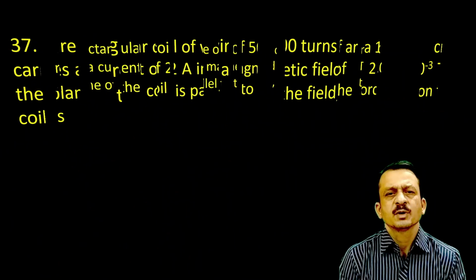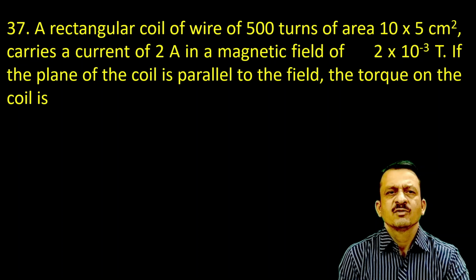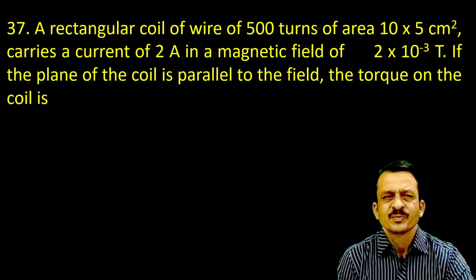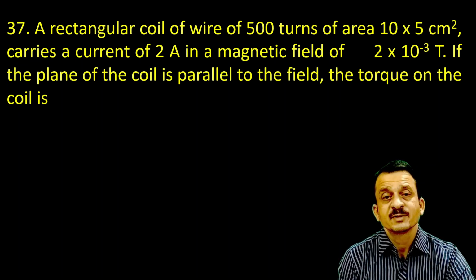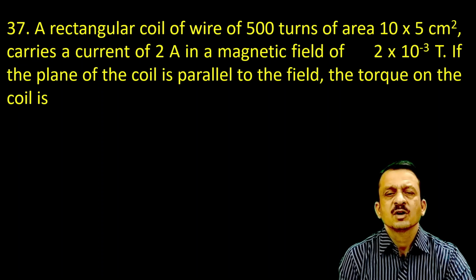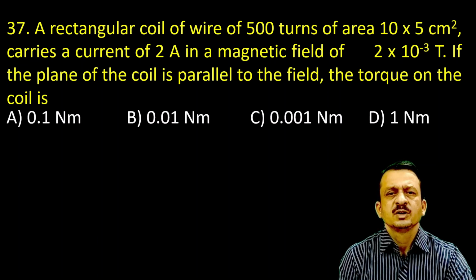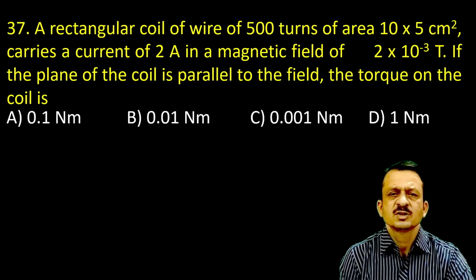A rectangular coil of wire of 500 turns and area 10 into 5 centimeter square carries a current of 2 amps in a magnetic field of 2 into 10 to the minus 3 Tesla. If the plane of the coil is parallel to the field, look here, this sentence is very, very important: plane of the coil is parallel to the field. The torque on the coil is, so options A 0.1 Newton meter, B 0.01 Newton meter, C 0.001 Newton meter,